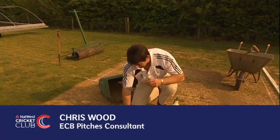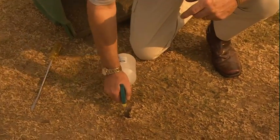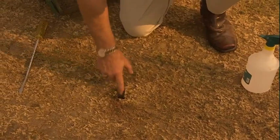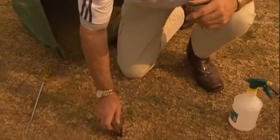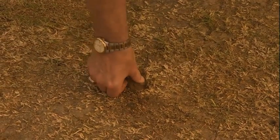Okay, now if we have an anomaly on a length, such as this hole, there's a little tip of what we can do to alleviate that. We'll just widen it up a little bit using this implement, and we'll dampen the holes. It's very similar to where we made the ends up, or the bowling ends, just to moisten that up to bind. And I've made a malleable cone, which I'm going to squeeze into that hole, really firm it down,